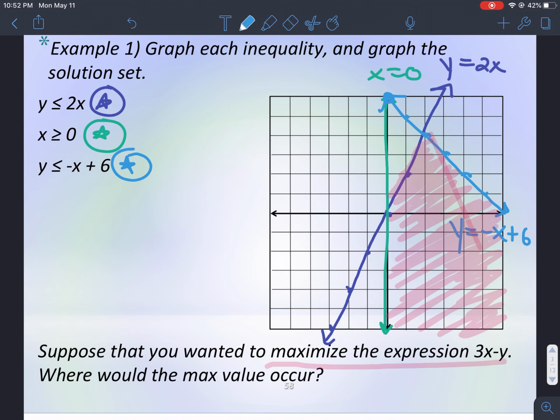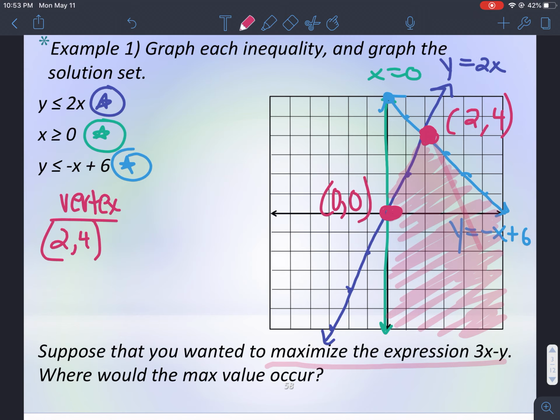Well, I might take a look at, say, the highest point here. This point is going to be (2, 4). And then there's another point I could consider, (0, 0). See how that's a vertex? So now, if I take (2, 4)